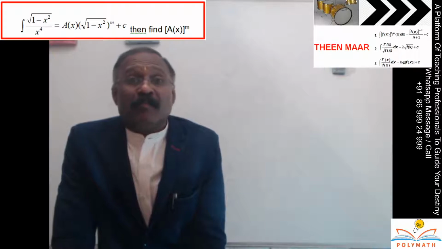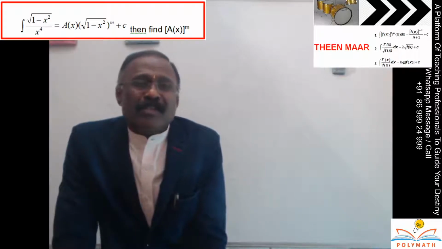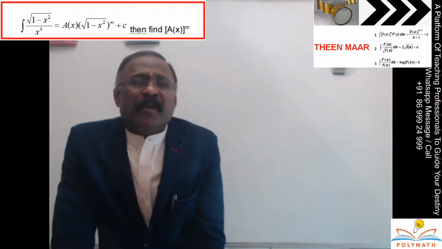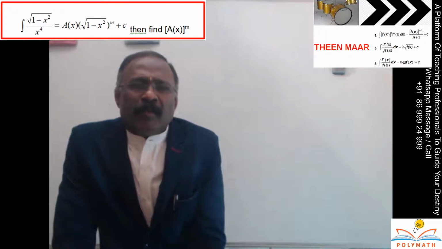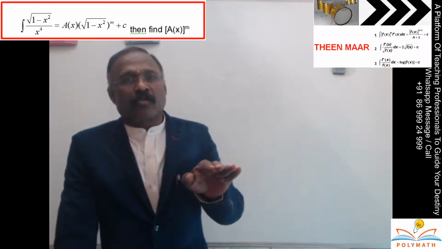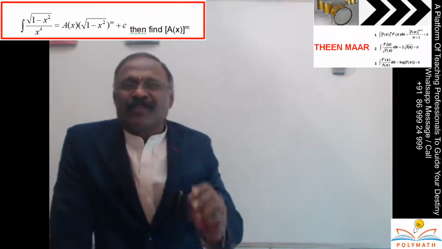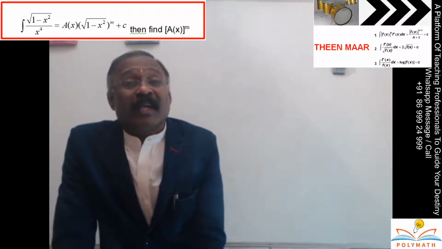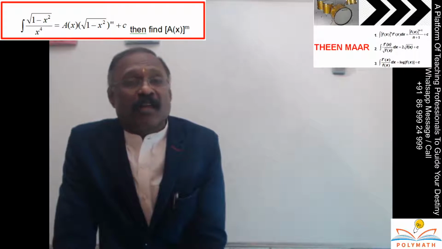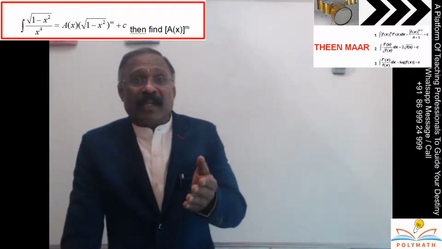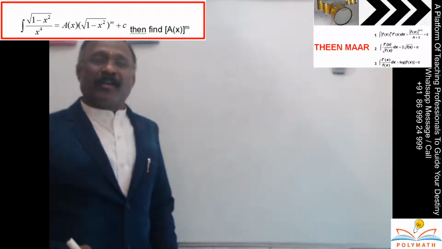What is integral of 1 by x cube? X power minus 3 plus 1 by minus 3 plus 1, which is nothing but, if you take only the variable, 1 by x square. So the derivative of 1 by x square will give you that. So in that way you have to think. Whether you have 1 by x square in the given function or not, yes, because we have taken x square common in the numerator, you will get 1 by x square inside the root. So it takes the form